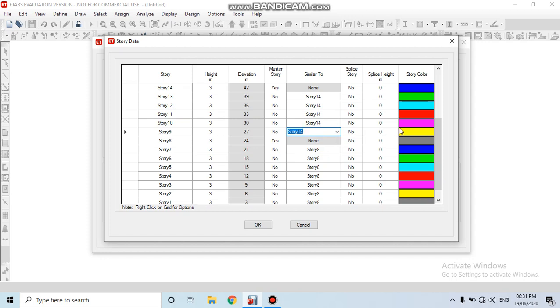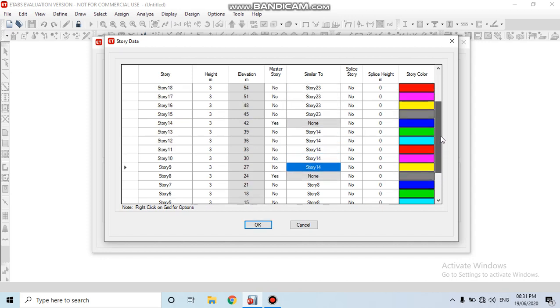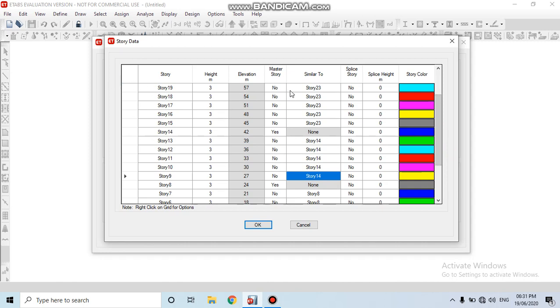Now set the stories from 15 to 19. Here also the master story, story 19, should be similar to story 15.